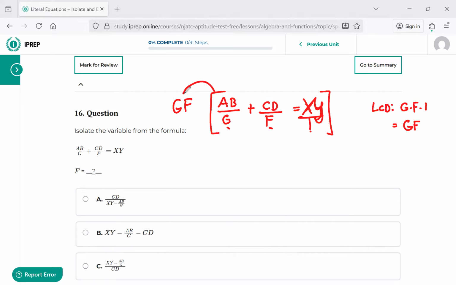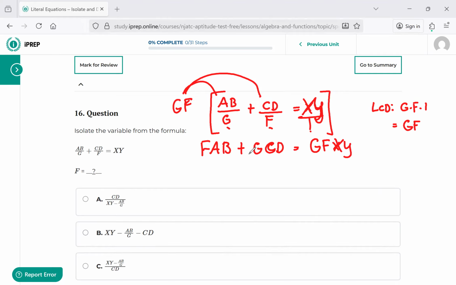Okay. So what's GF times AB over G? The G's are the same, so they cancel. So you're left with F AB plus, over here, what happens when you multiply GF by CD over F? Well, I notice that the F's are the same on the top and bottom, so they cancel, or just kind of visually do it in your head. So you're left with G, C, D, right? The F's cancel, so you're left with G, C, D. And then on the right, what's GF times XY? Nothing cancels, so you're just left with GF XY,